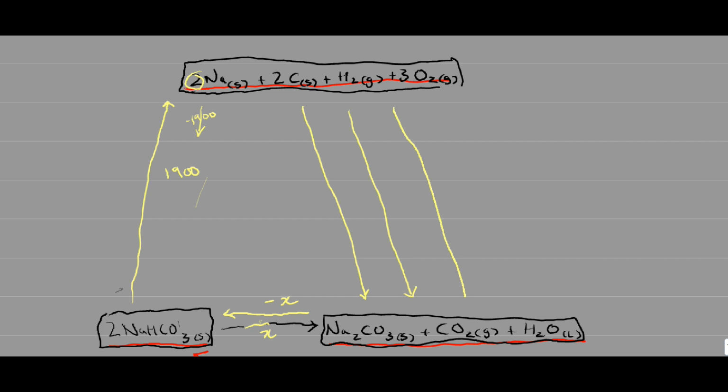Just draw these in quickly. -1131, -393, -286. If I think about it, if I go all from this chemical potential energy level all the way around